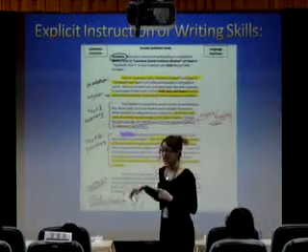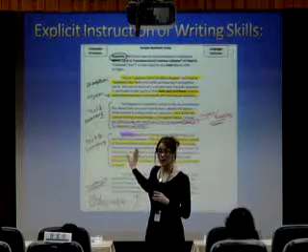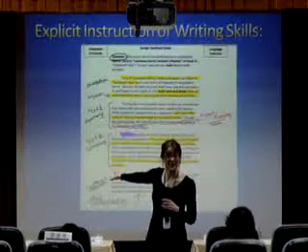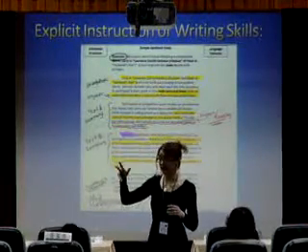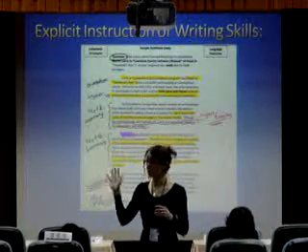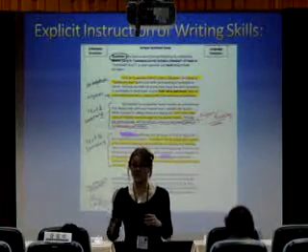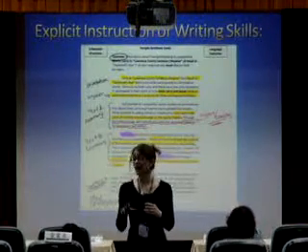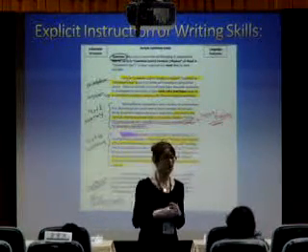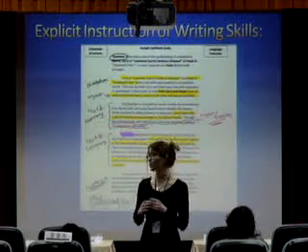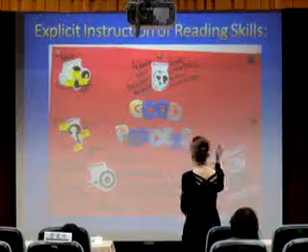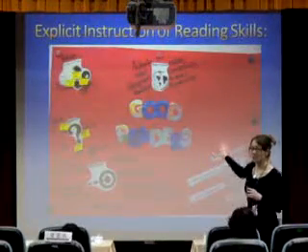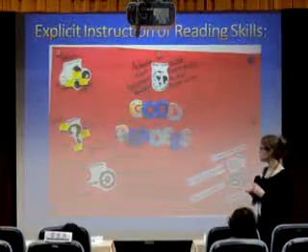For writing instruction, before I give them an essay, I always start with saying, here's an example essay. Let's look at how somebody else organized it. Let's look at what type of grammar and language features this individual used. Let's read a whole bunch of this type of essay so that you can become much more knowledgeable and understand what the end part looks like. Again, for good reading, I want to make it explicit what good readers do.